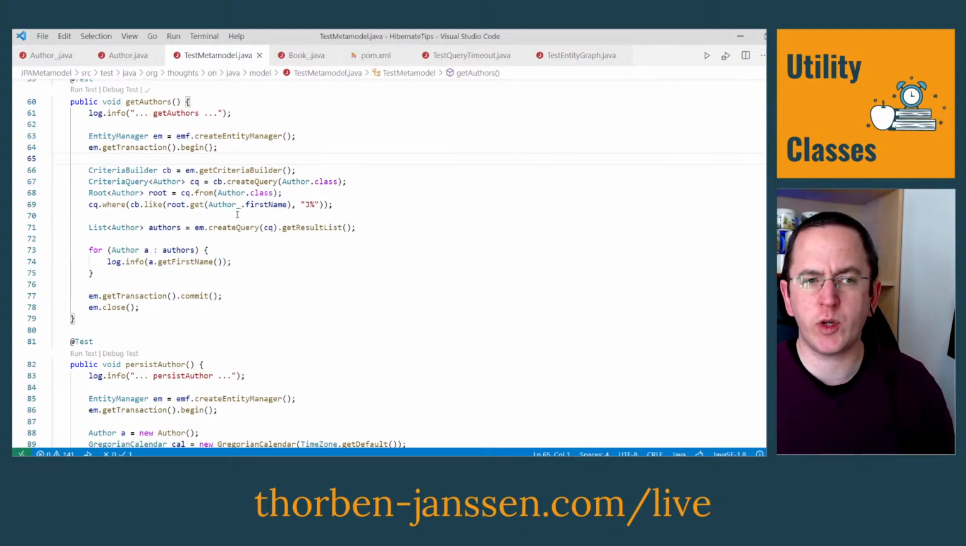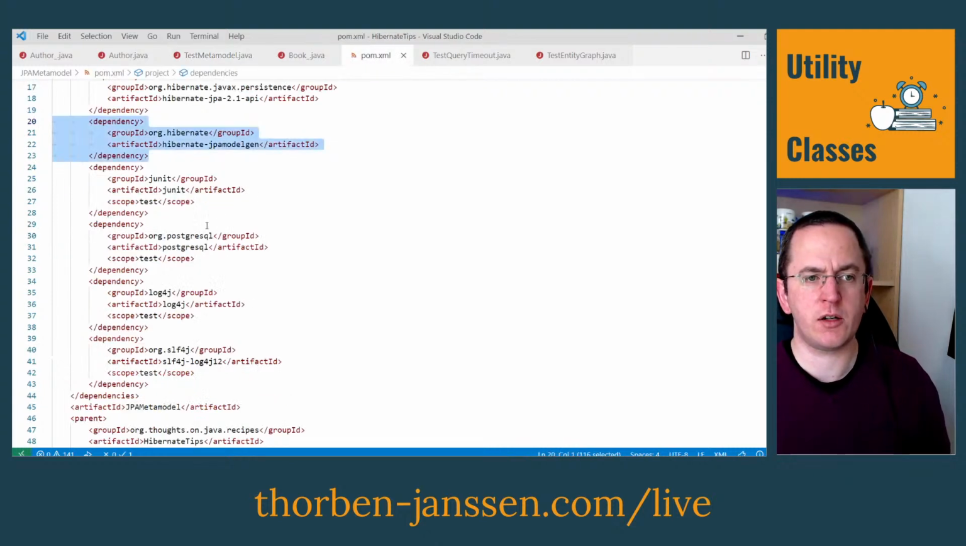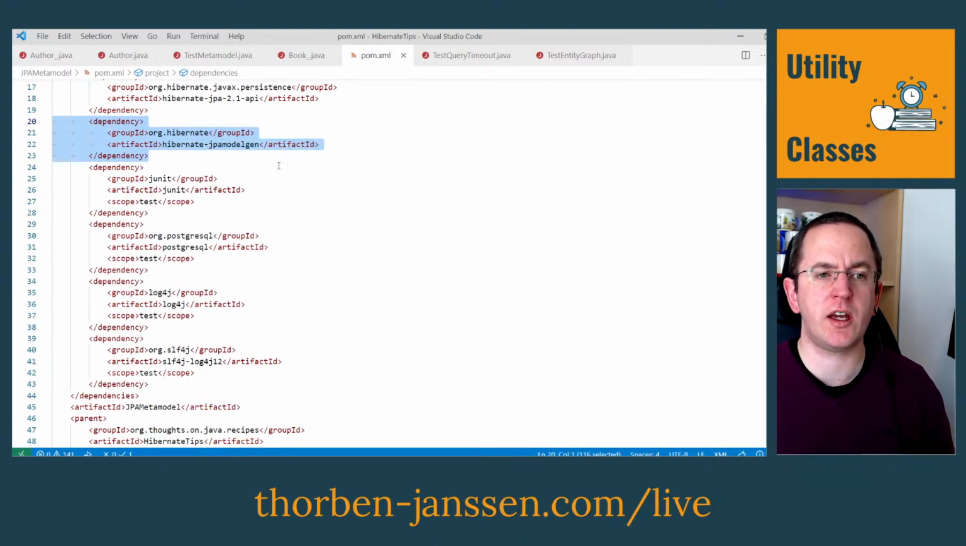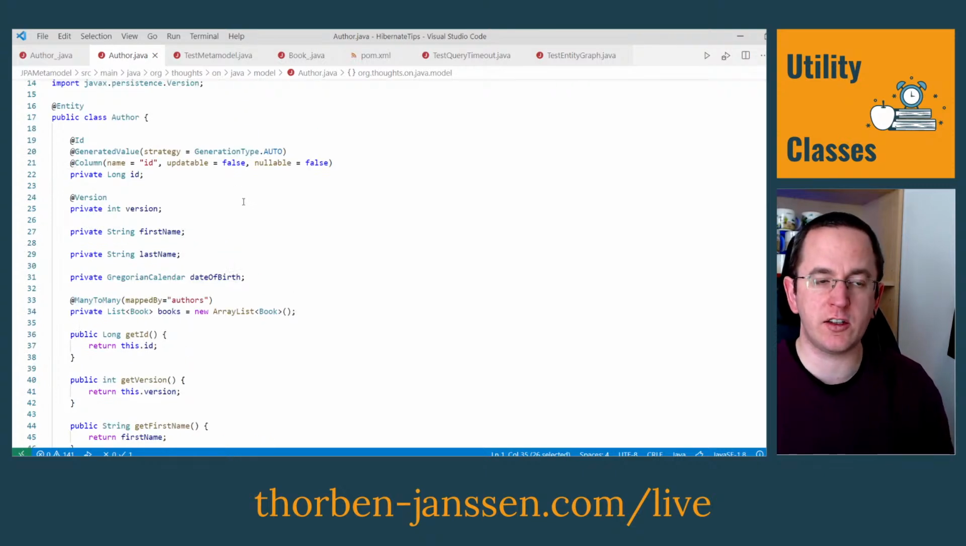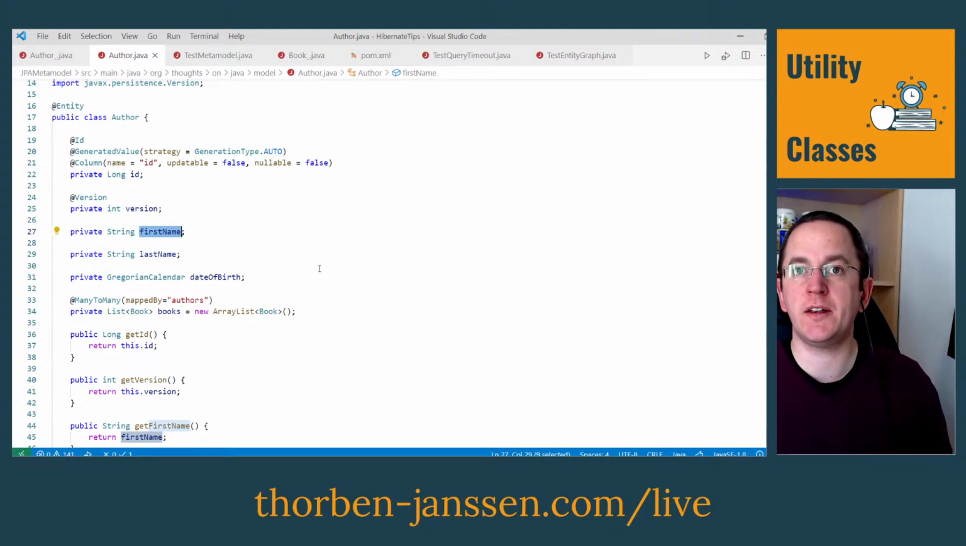Then the question is, how do we get these classes? I already mentioned it, they are generated. But how do you do that? Well, it's pretty simple. You just add the Hibernate JPA ModelGen dependency to your project. That one hooks into your build process and then generates these classes at build time, which is great because if you now decide to change the entity here in some way, change first name to F name, for example, or change the data type of an attribute,